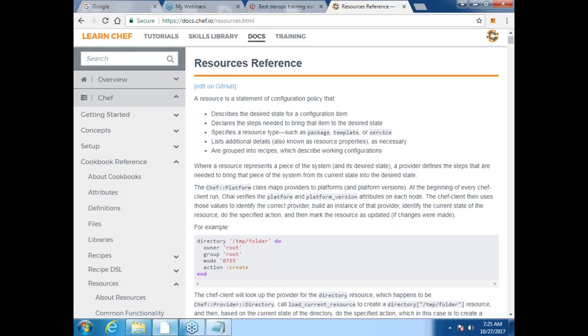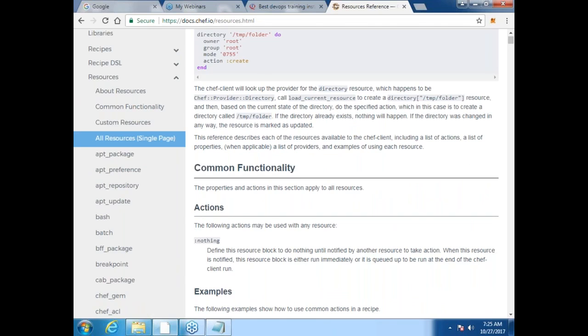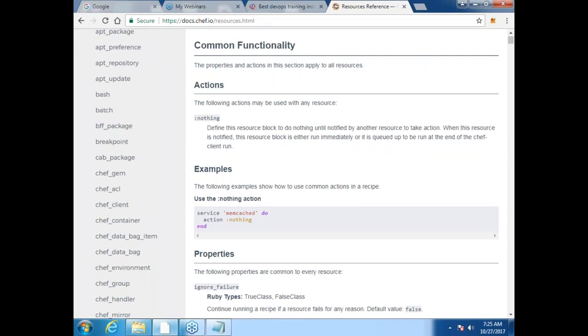Okay, if you come down, there are some common functionalities. When I say common functionalities, they apply to every resource. So action is mostly common in all of the resources, and there will be an action item called nothing. So when you write it, nothing happens. For example, if you have written package HTTPD action nothing,